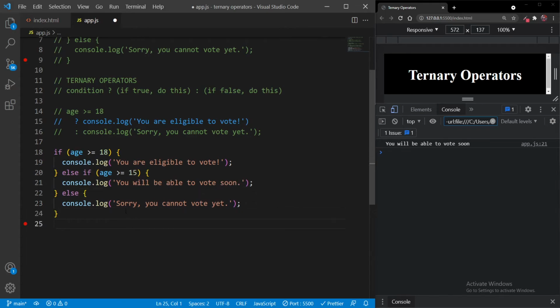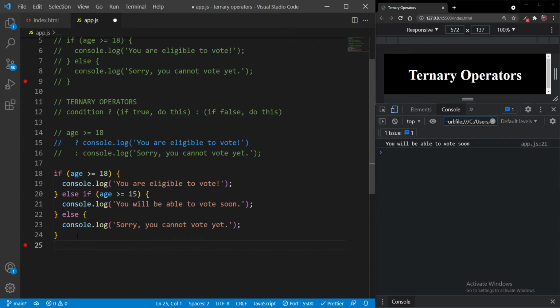So now we have a bit of nested if-else statements, and if I explain it to you, we are checking if the age is greater than or equal to 18. If it is, the person is eligible to vote. And if it is not, then we are again checking if the age is greater than or equal to 15 this time. If they are greater than 15 and less than 18, then they will be able to vote soon.